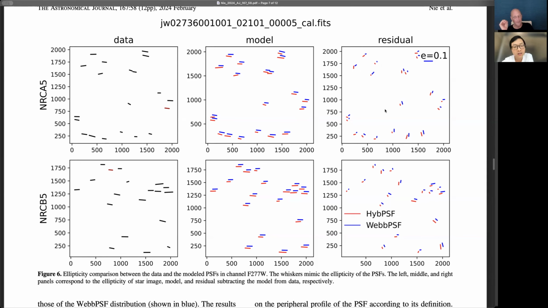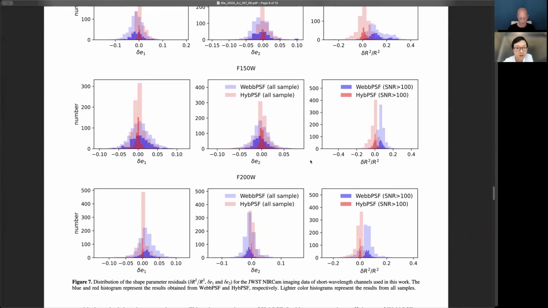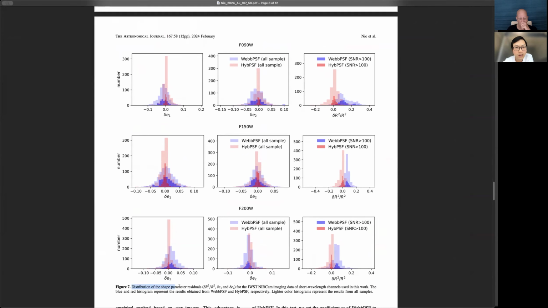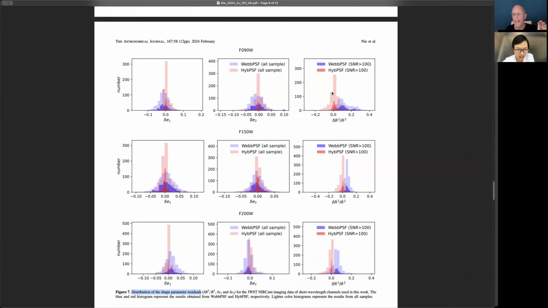For shape, we also want to have a look at size, so let's go to figure 7, the R over R. Let's see the right 3 panels first, because they show the relative size residues from the two different methods. We can see that the red histogram is from the HybPSF, and the blue histogram is from the WebPSF. We can see the centers of the two distributions